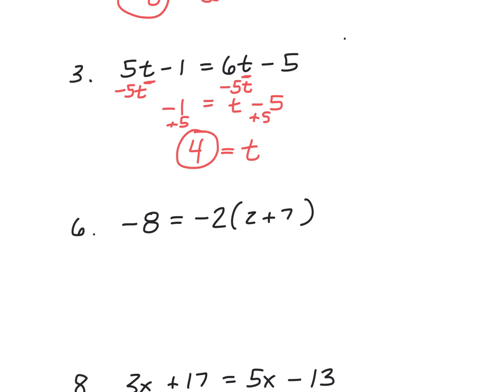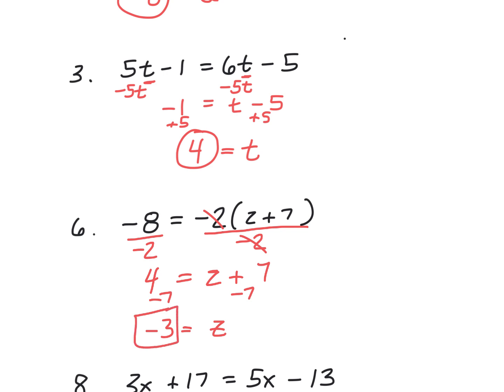Number 6, you can see we've got negative 2 times z plus 7. Now using our PEMDAS in reverse order, remembering parentheses would then be the last thing you would do. So since there's a negative 2 out in front, I'm going to divide both sides by negative 2. Which gives me a positive 4. Those negative 2's will cancel. Leave me with z plus 7. I could then subtract 7, and I would get z to be a negative 3,